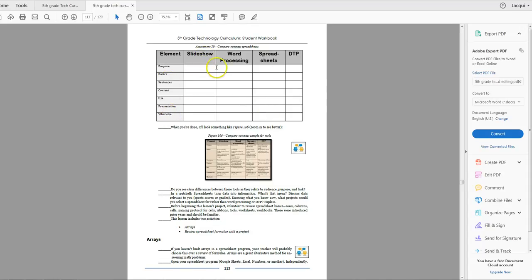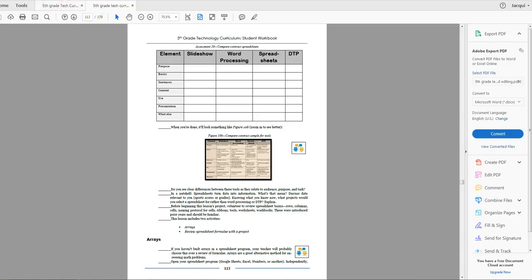And you remember filling this in for word processing and desktop publishing in the past. So they're starting to get a different idea of how each of these tech tools apply to purpose, content, presentation, that sort of thing. So they'll start to realize, okay, if I'm going to stand up and make a presentation to the class, I probably don't think spreadsheets are the right answer. Word processing isn't either. So you just want them thinking that way, so they don't always have to have you saying, okay, use a spreadsheet to do this. All you're going to say is, do this.